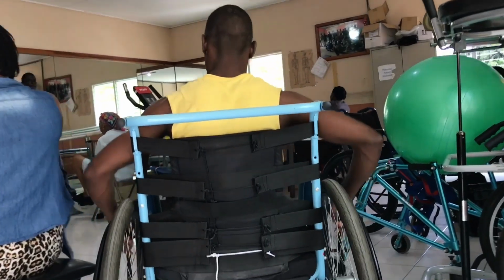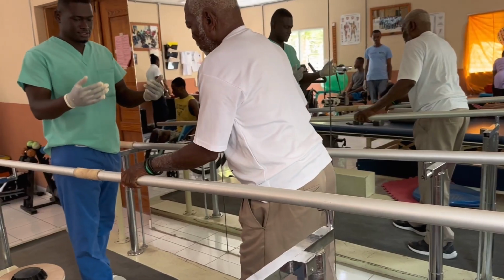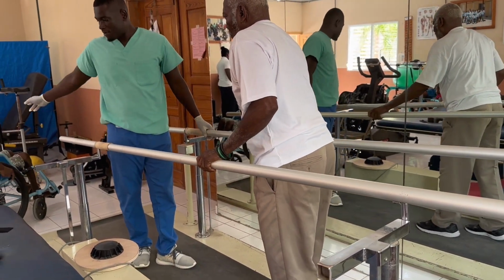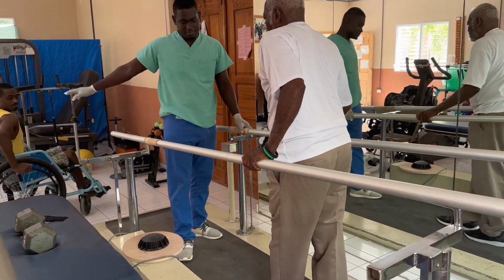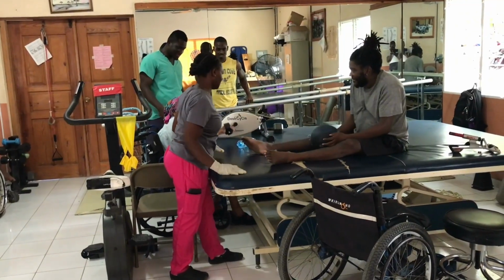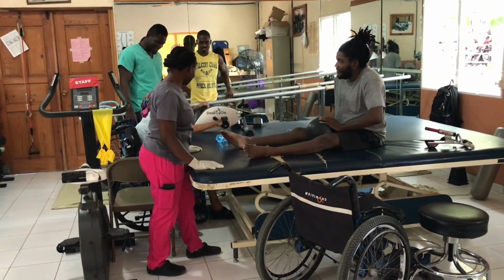This was started after the earthquake in 2010, where our board and our team on the ground in Haiti decided we really needed to create a national center for spinal cord injury because there wasn't one before, and there were so many injured patients who needed this care. So we started from scratch this center in rural Haiti, started landing patients in helicopters,